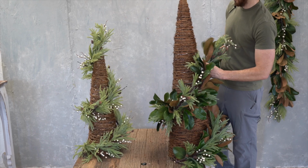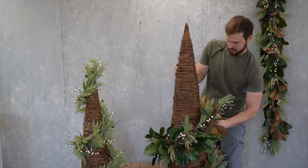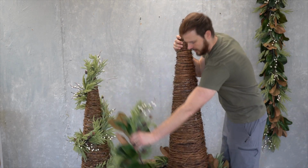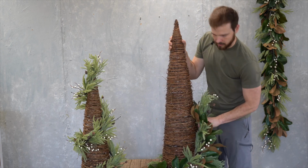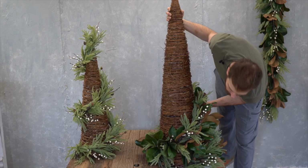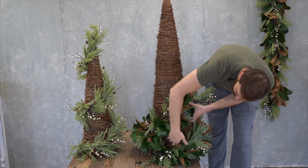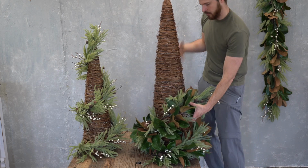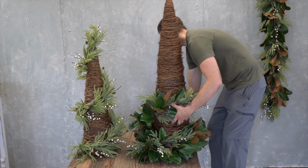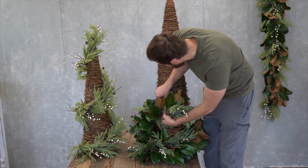I didn't wire my ends together here. If you make sure you get this pretty tight, then it should stay in place. But we're going to actually go around more at the bottom so that we go almost all the way around. If you can see, there's not a lot of gap in the beginning because we want that to be almost like it's sitting on top of a wreath. That it's going to have that extra thick base on it,